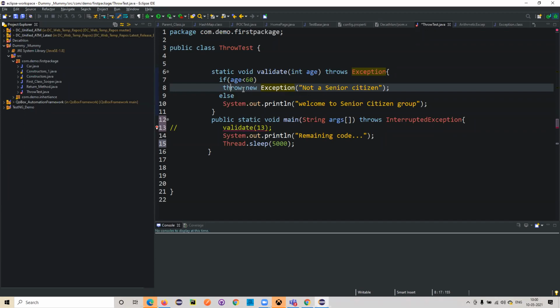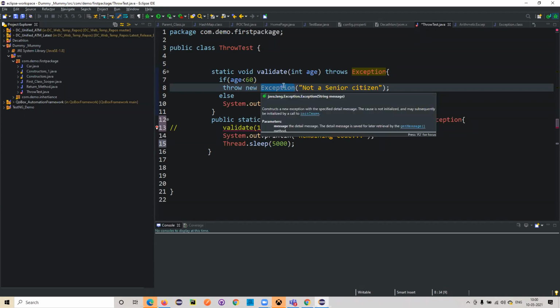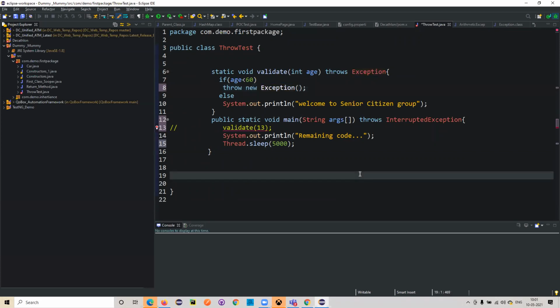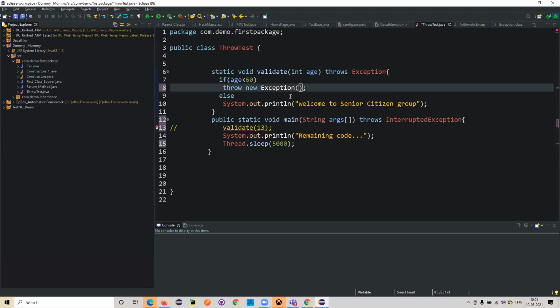So throw would be followed by the object reference creation, which is a constructor, and this is a parameterized and overloaded constructor, which we can use if we want a customized error. Or else, if I want to throw this exception, even the default constructor can be called. Either I can pass the message to the constructor, or I can call it without. So I can throw that particular exception.